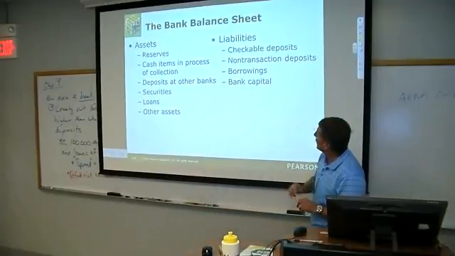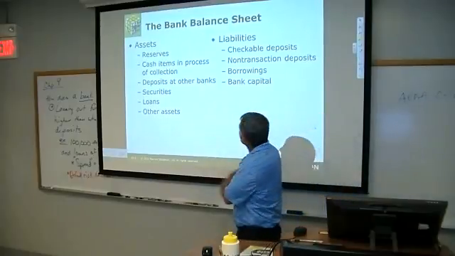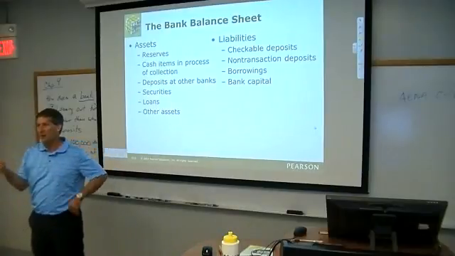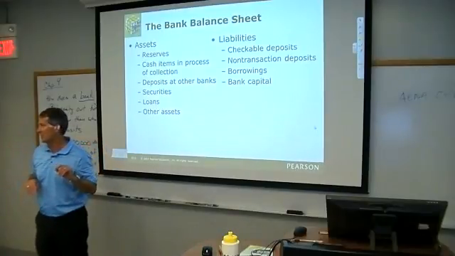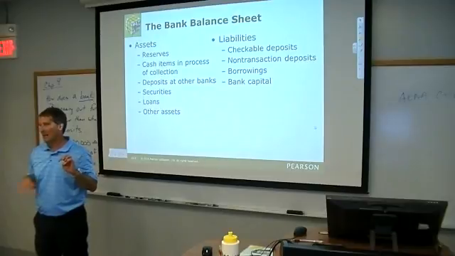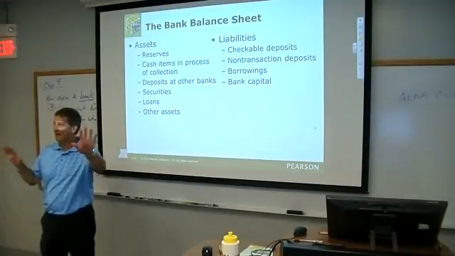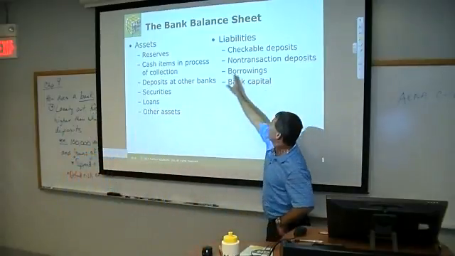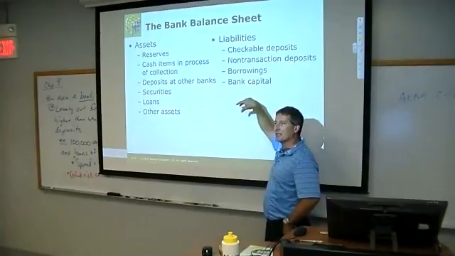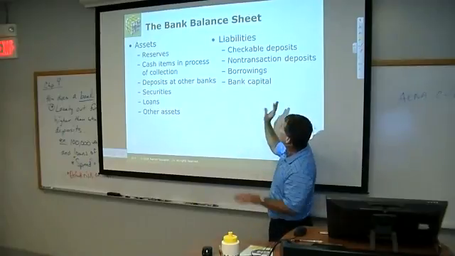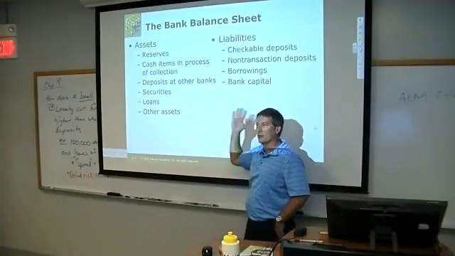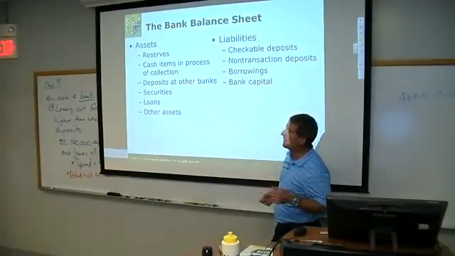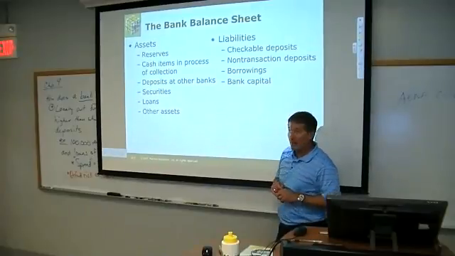So in other beginning accounting classes, we've got owner's equity, right? So what do we know about the equation of assets, liabilities, and owner's equity? They have to be equal to each other. So in this case, they're throwing the bank capital under the liability side, which is still technically right. End of the day, assets equal liabilities plus owner's equity, the money that they have. Okay, any questions there?